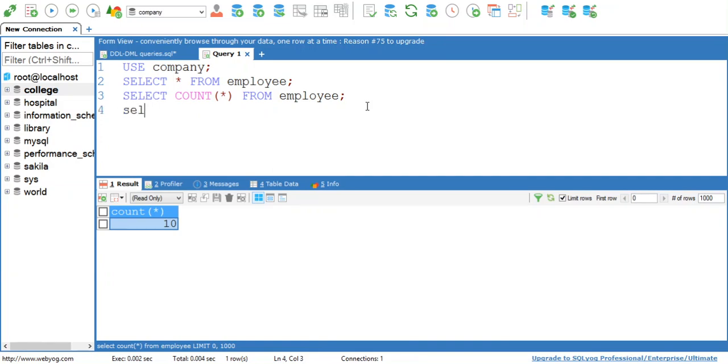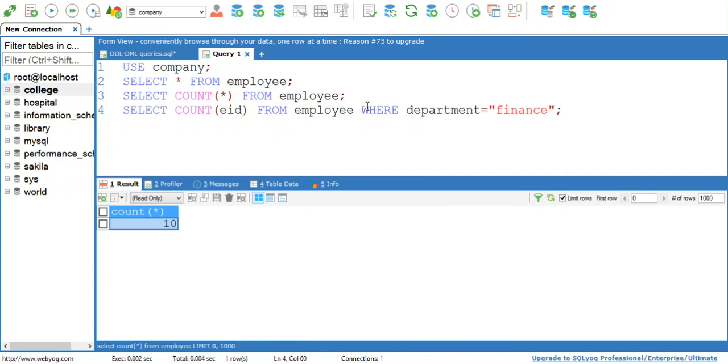Here this count function can be used with the where clause. Now I want to count the number of employees from the table that work in the finance department, for example, where department equals finance.